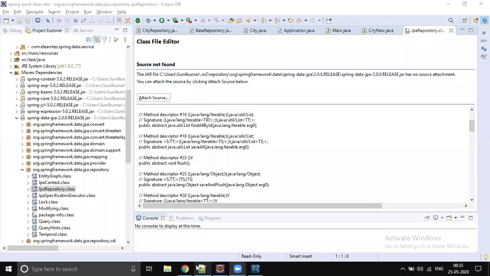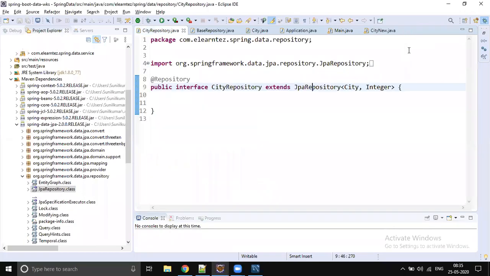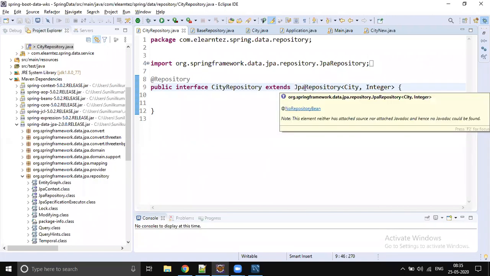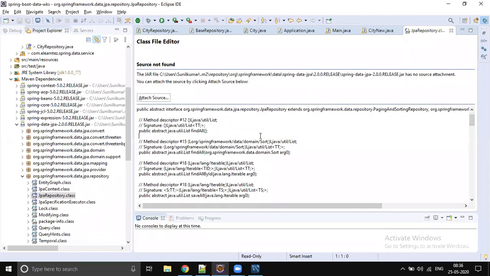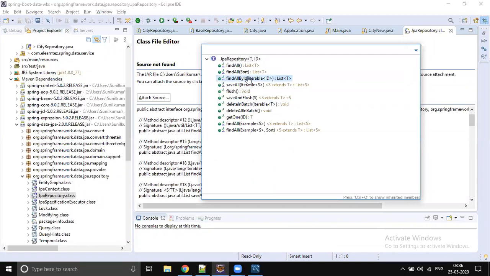Yeah, so these are all things we already discussed. But this is the basic fundamental, right? Whatever methods we have in the JPA repository, just check, especially these: we have find all, find by ID. But in the table, we have so many other columns, right? We can't always do find by ID. Sometimes we will try to get a non-primary column, right? So that time these predefined methods won't be sufficient. So what we should do is write our own methods.